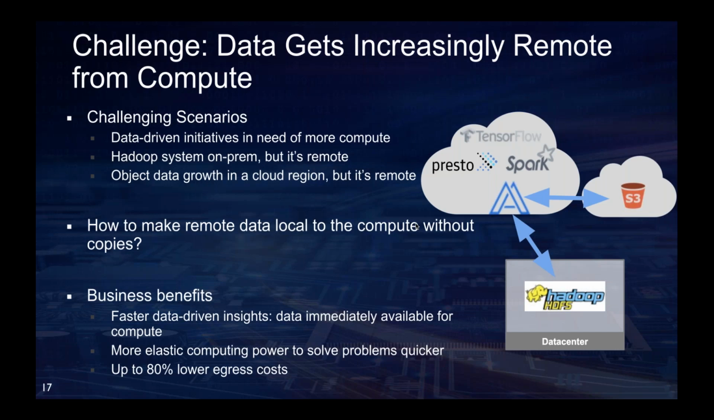Then the next natural challenge is how to make the remote data local to the compute without copies. If you are running very data-intensive applications like machine learning or deep learning, you don't want to always copy data around. That's very expensive and time consuming. You also have to spend manpower on data curation and cleaning the local storage, which people don't want to do as dirty work, and it can create a lot of DevOps